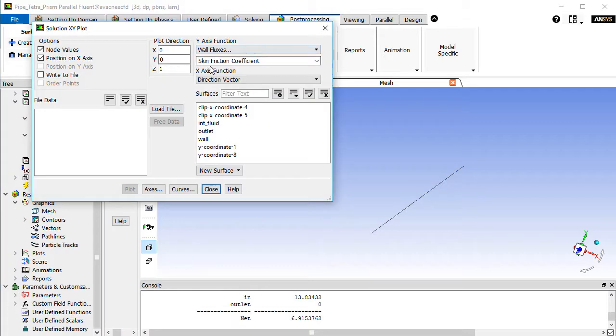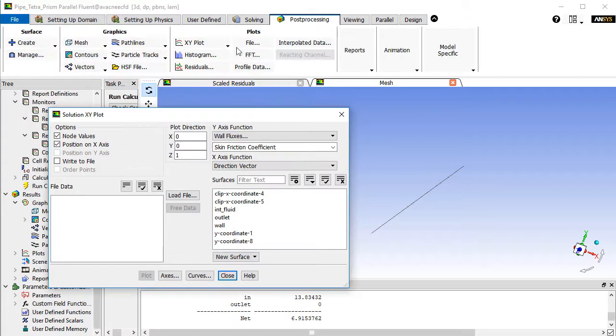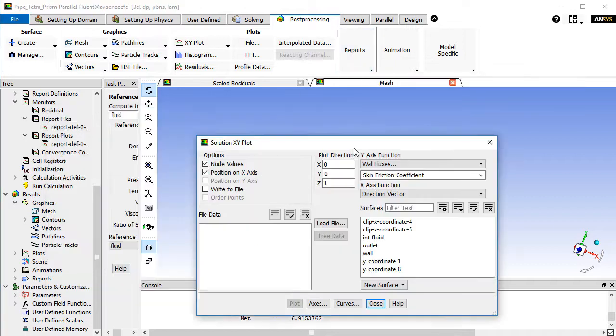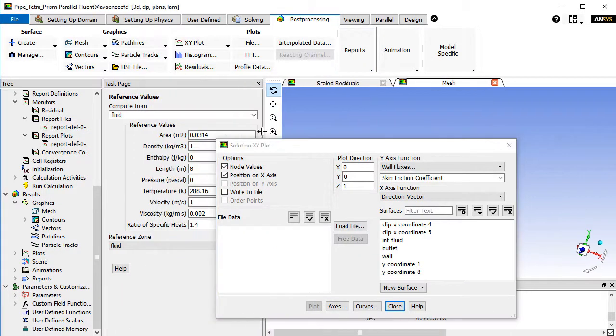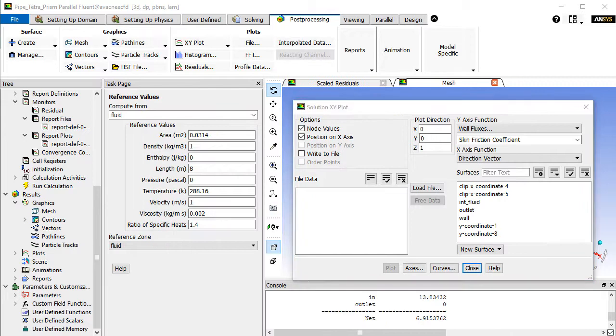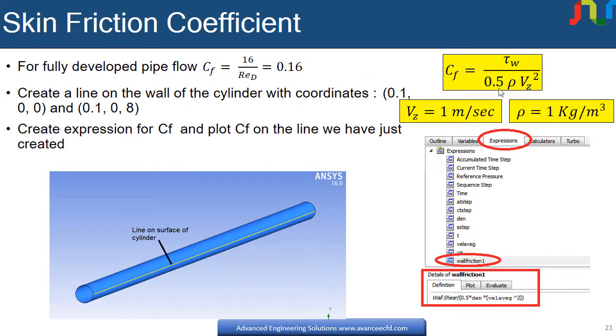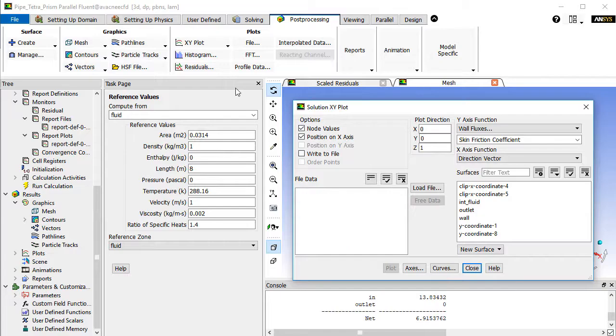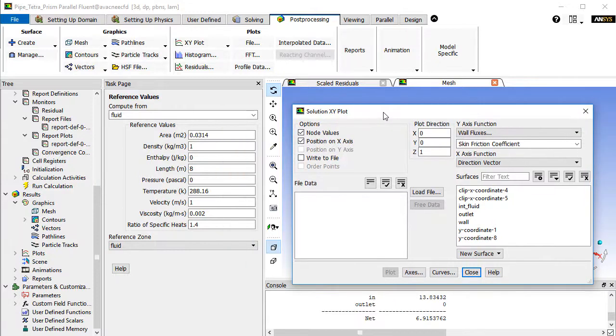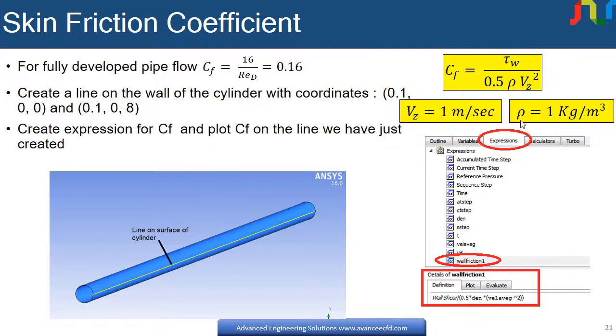And now from the XY plot I will go there, and because we have already set the reference values, which I set in the very beginning of the simulation, and because by formula the skin friction coefficient is the wall shear stress divided by 0.5 density times exit velocity squared, the same formula is already there in Fluent. So you just need to set the reference conditions for the velocity, which is 1 meter per second, and density, which is 1 kilogram per meter cube.